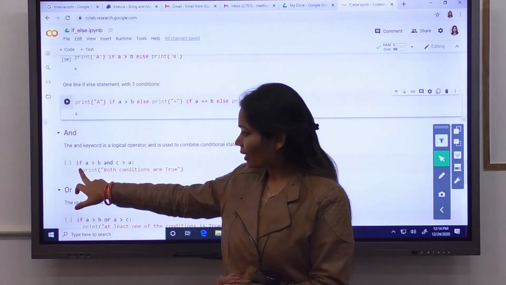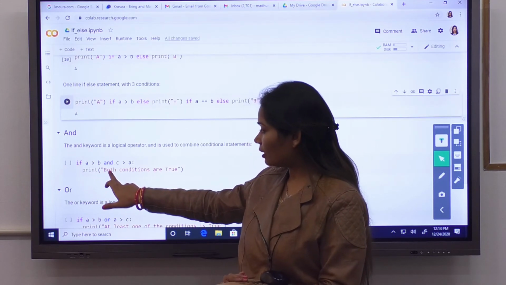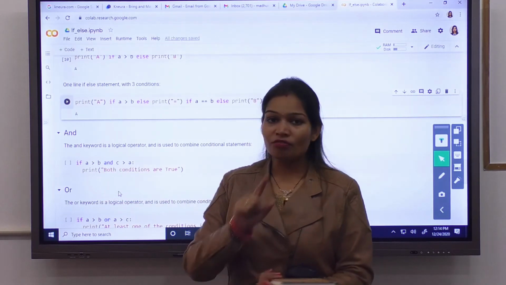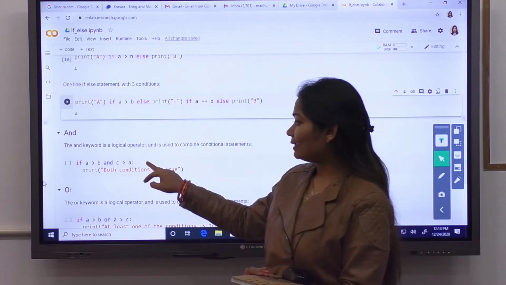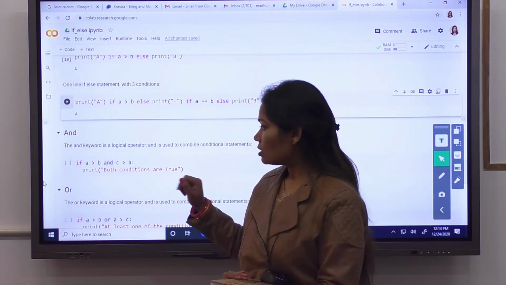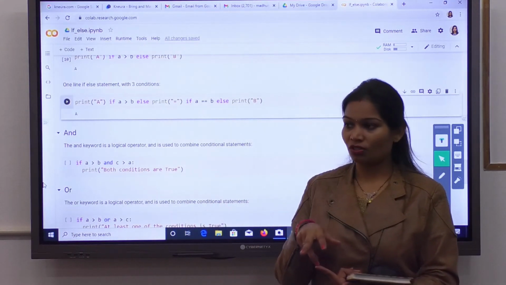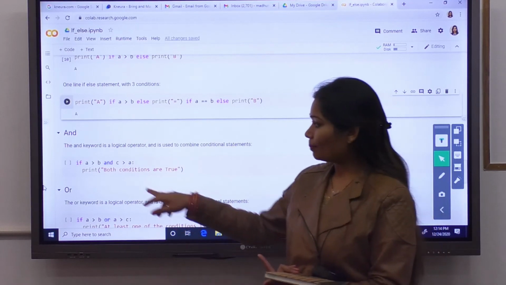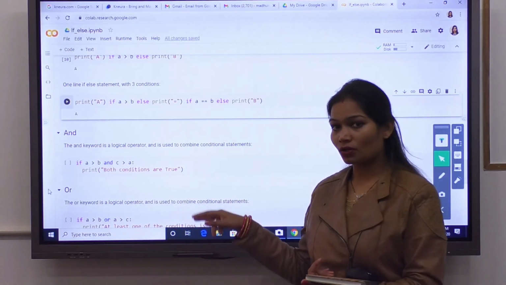Suppose that you are writing if condition 1 and condition 2. If condition 1 and condition 2 both are true, then it will execute. So wherever in the code you want both conditions to be met for further execution, you can put the AND keyword here, because AND ensures that both the conditions are true.